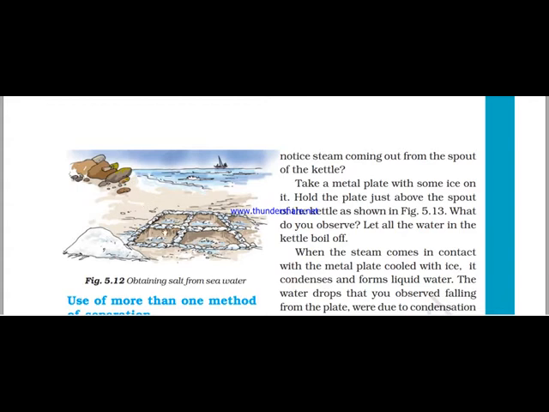Now when the sunlight falls on this water, the water starts changing into water vapor. Okay, so water will be converted into water vapor due to the heat of sun. After some time, the whole water will be lost in the form of vapors and only salt will be left behind in these pits. So this is how we have obtained salt from sea water. Okay students?